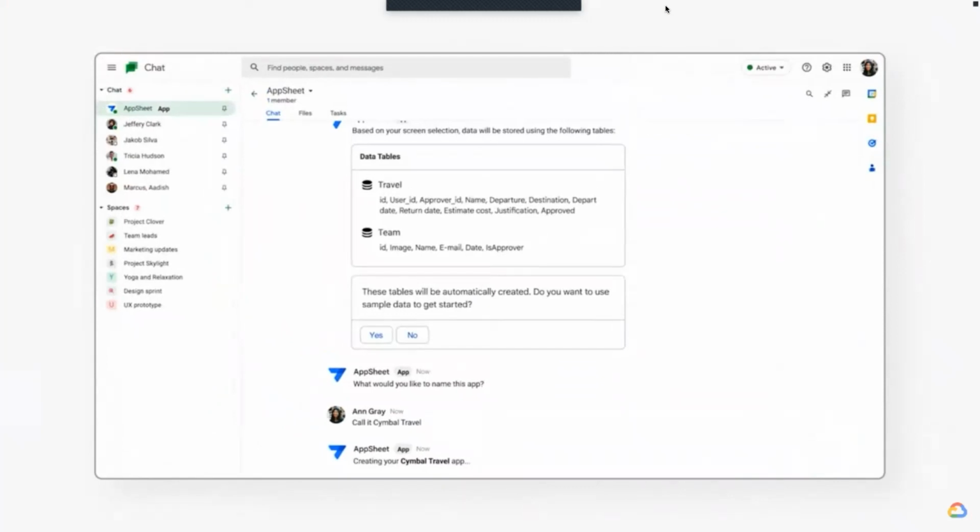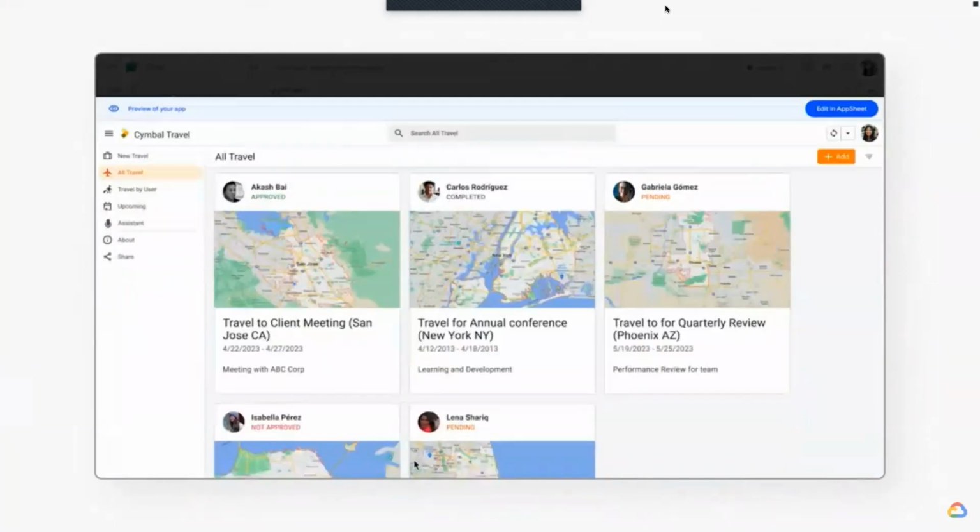AppSheet goes off to build the starter app, and when it's ready, you can launch the app directly, try out the app, and make your own changes or iterations. In fact, you can continue using natural language to describe the changes you'd like, and AppSheet will help you make the adjustments to your app. Being able to build an app in this way with no code through natural language truly means anyone is now empowered to create applications for their organization and in very little time.